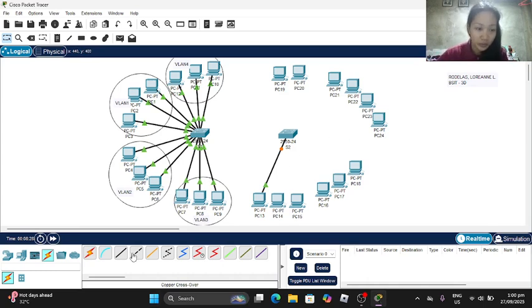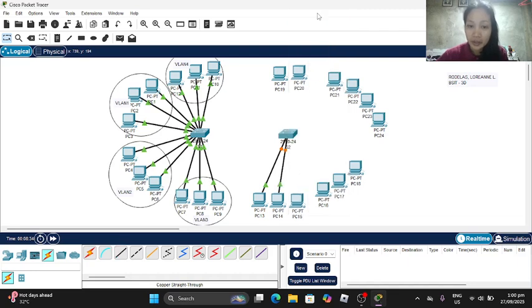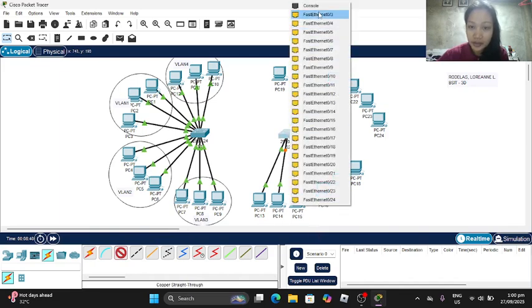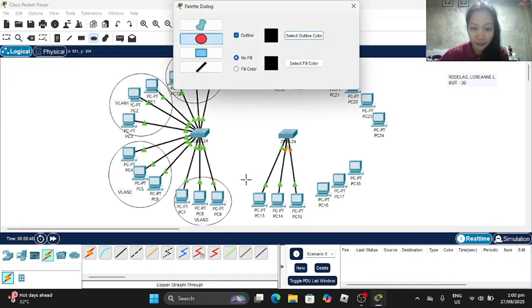So ports 1 to 5, then Ethernet 2, Ethernet 3. So this will be VLAN 1.